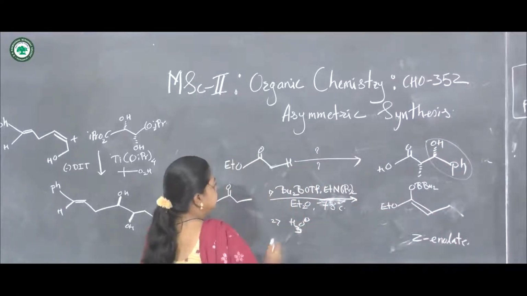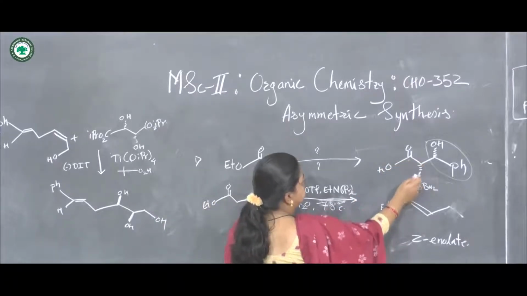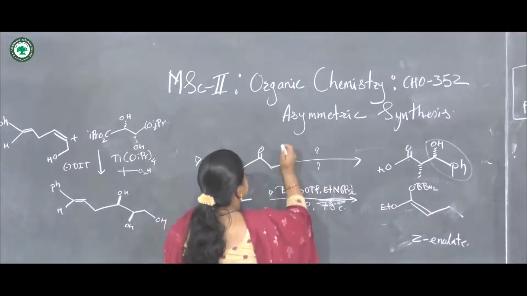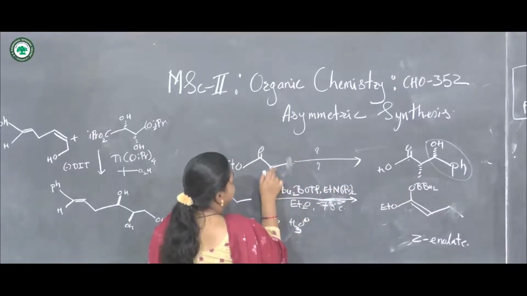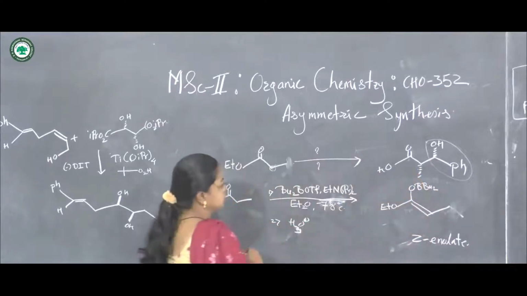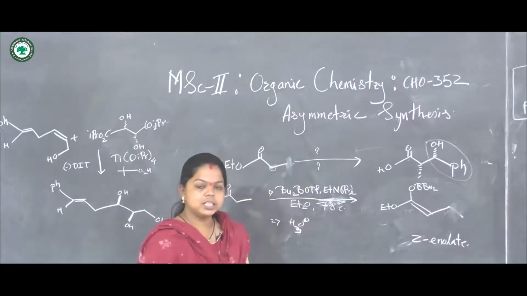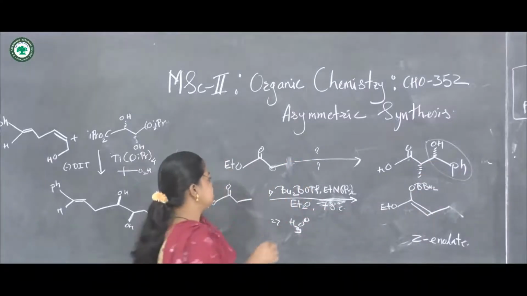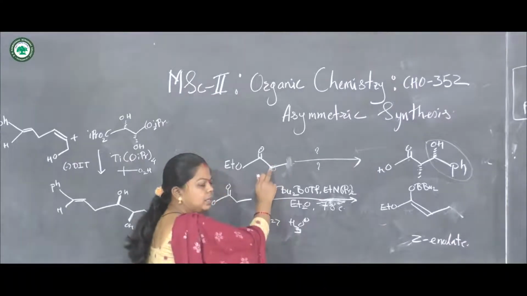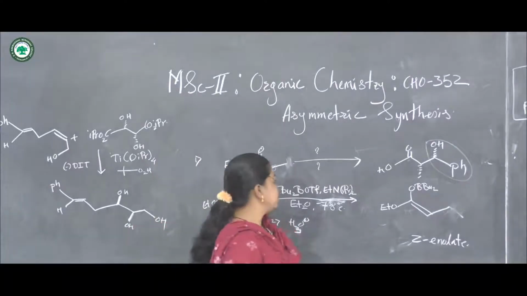Here in this structure, the carboxylic acid has a methyl group at the alpha position. So we can write here that this carbon atom reacts with another carbon atom, and this is the methyl group. Now this group can be added as the electrophile because this carbon atom is nucleophilic, because it can easily form the enolate in the presence of a base. So generally we are using a strong base here.